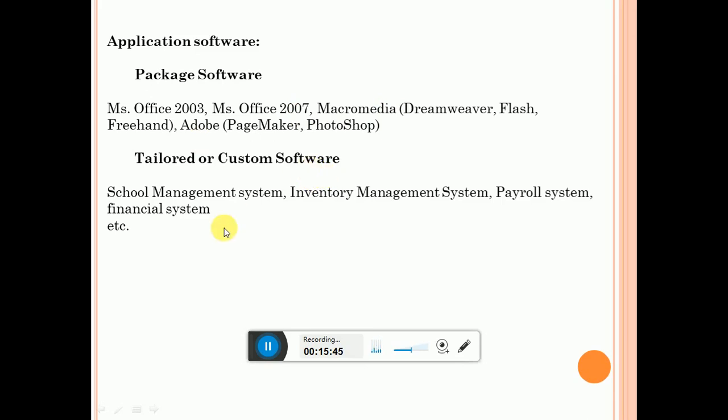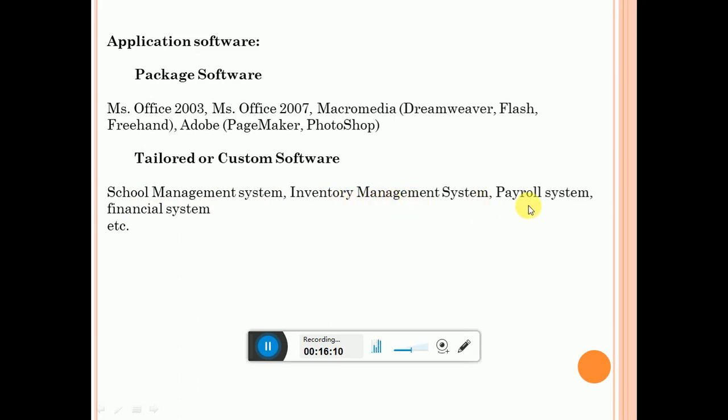Custom software is where we create some software, some application, and according to the usage we install it in our system. For example, if it is a school, they can create one for attendance or for maintaining the students list. Those are called a school management system. If it is an automobile company, they will have inventory management, stock maintenance.